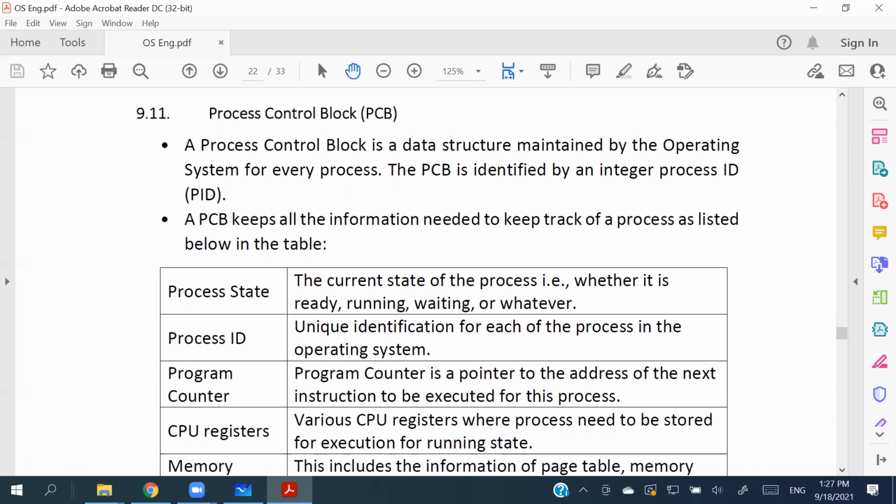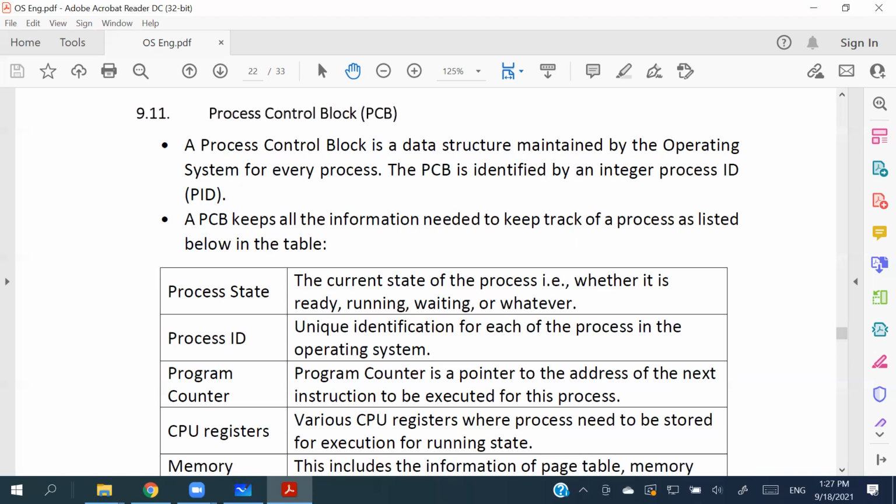For each and every process inside the operating system, wherever a program is going to create a process, it has its own process control block. In short, we call them PCBs. So if you find 1,000 processes running inside the computer, you will find 1,000 process control blocks as well. For each and every process, there will be a process control block, or a PCB.